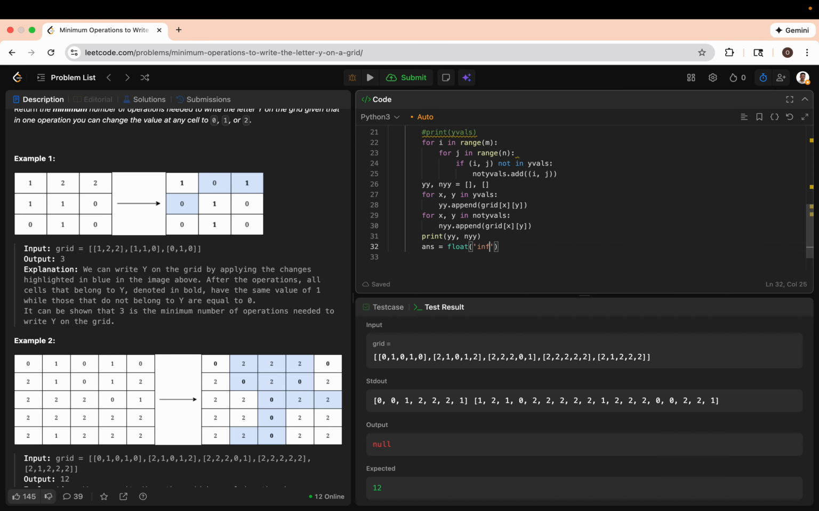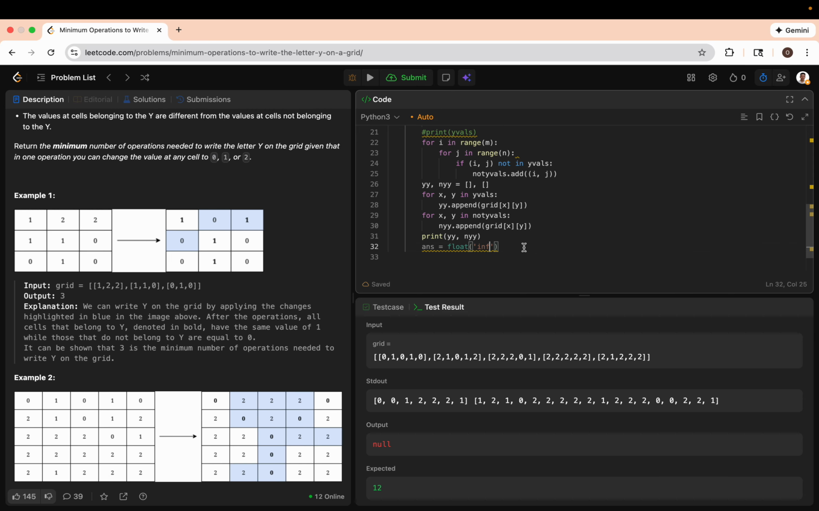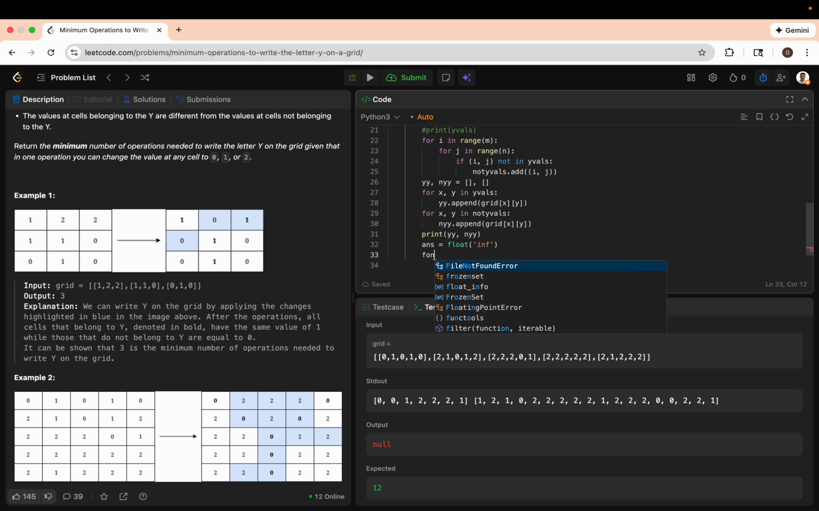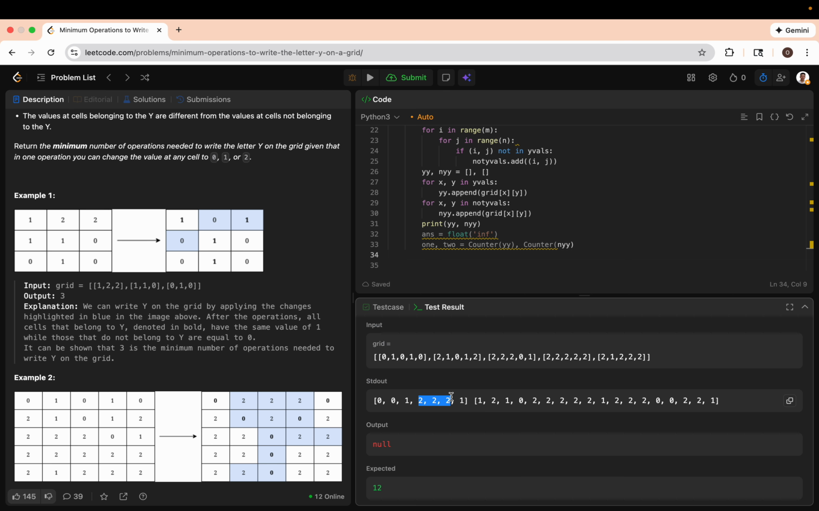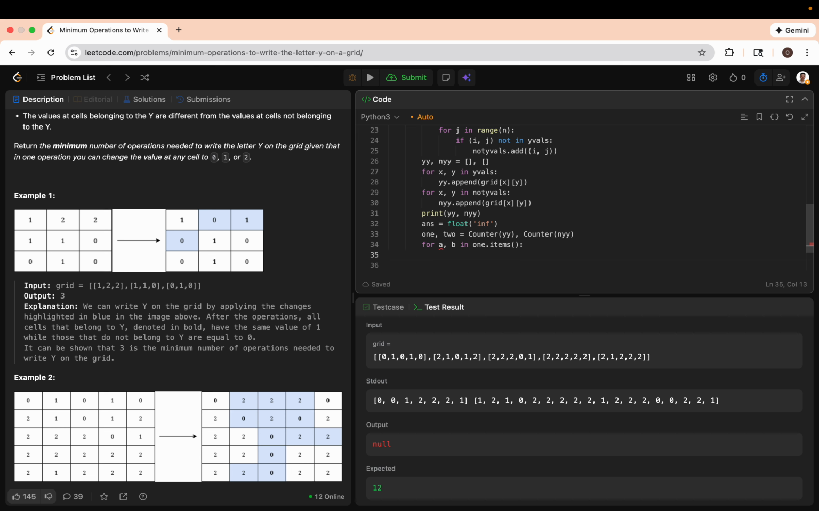So since we're trying to minimize an answer, let's set the answer to infinity, and then let's create 2 dictionaries. And that's going to be for YY, so that we can count how many times each number appears in each list. So for A, B, in 1.items, let's call this,